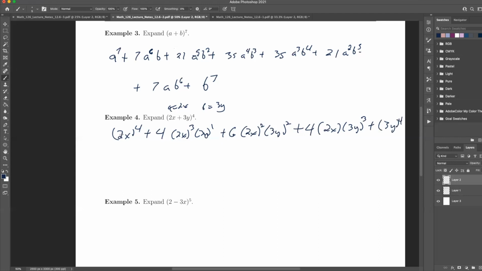All right, now we just crunch through the numbers. So 2 to the fourth power is 16, x to the fourth, plus 4 times 8 times 3 is 96, x cubed y, plus 6 times 4 times 9, 4 times 9 is, oh, how do I want to do this? Let's do 9 times, that would be 36. 36 times,